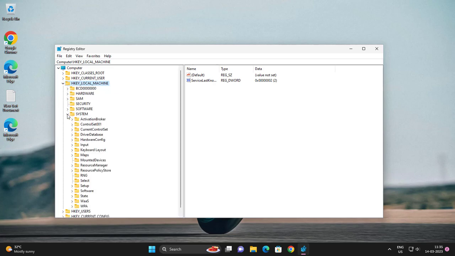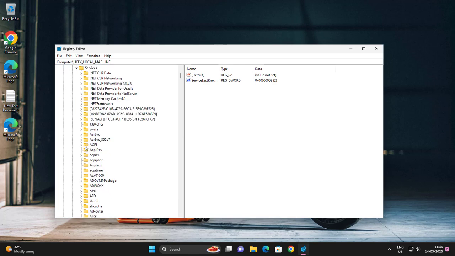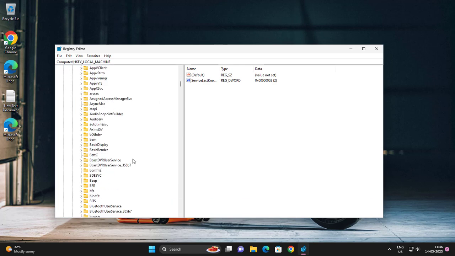System, ControlSet001, Services, here AMD Ryzen Master driver,